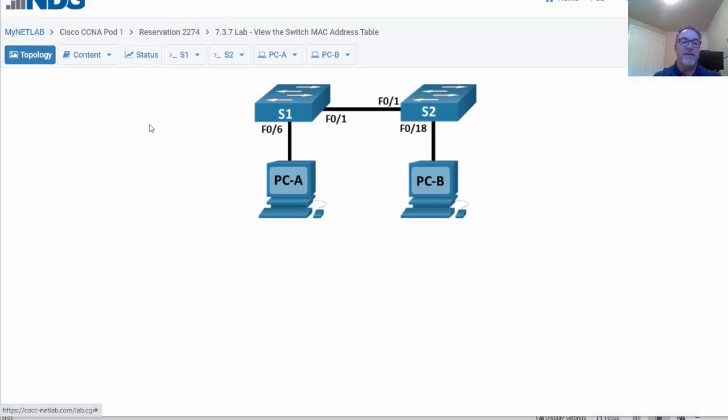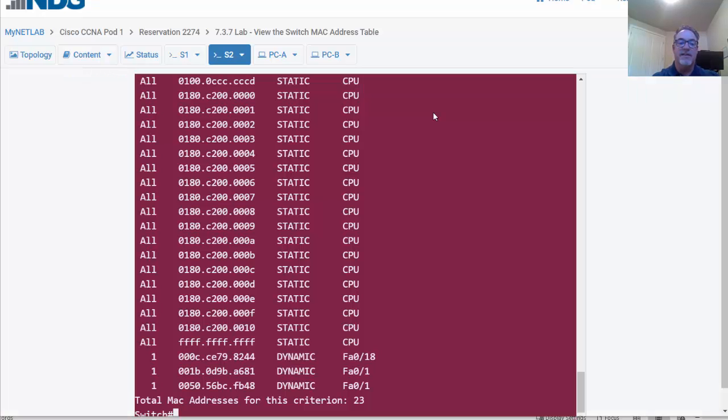So S2 learns that the MAC address for this switch port is connected to F0/1, and it records it in its MAC address table. So it learns about S1. It also probably learned about PCA. Let's take a look here again. So there's another one, FB48. It also is registered to port 1. So it might have also learned that